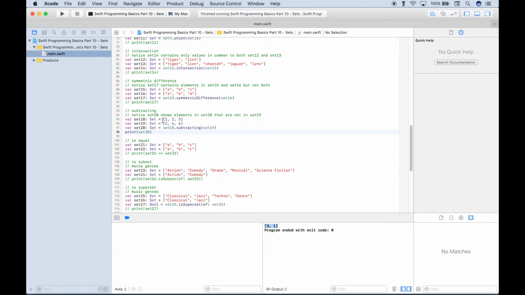So again, set 18 had elements 1, 2, and 3. Set 19 had elements 2, 4, and 6. Now notice that the elements in common are 2. And the way we set this up is we typed out set 18 dot subtracting 19, which again will show the elements that are in set 18 that are not in 19, which would be 1 and 3, because 2